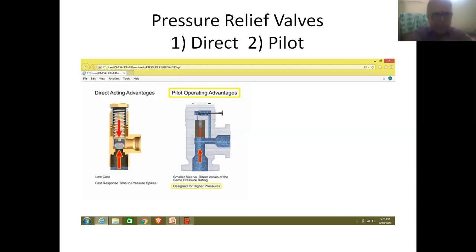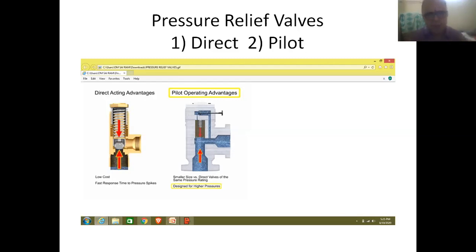So just like the previous items, here the inlet of the valve is fitted to the hydraulic pump and the outlet is fitted to the reservoir. In addition to that, one branch pipeline is used for connecting the inlet of the relief valve with the inlet of the pilot valve. And another branch pipeline, as shown in the figure, is used for connecting the outlet of the pilot valve with the outlet of the relief valve.